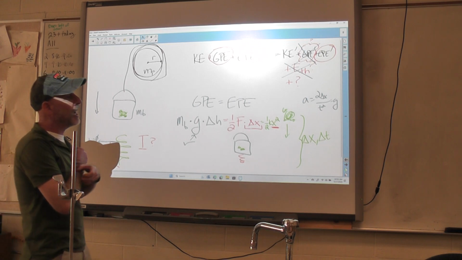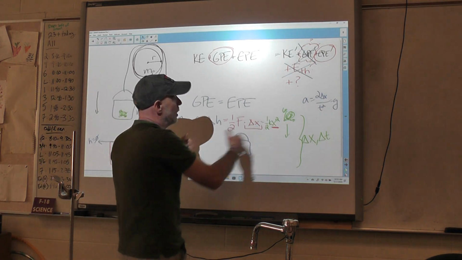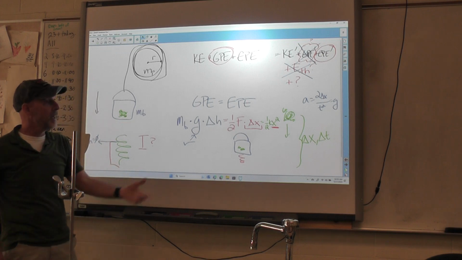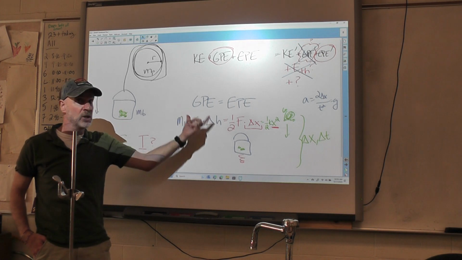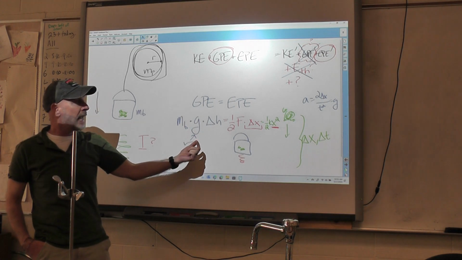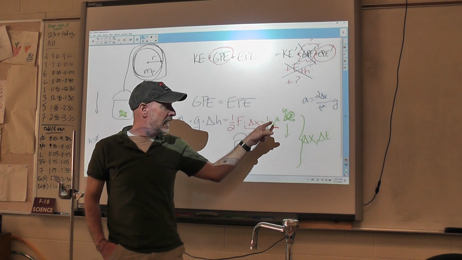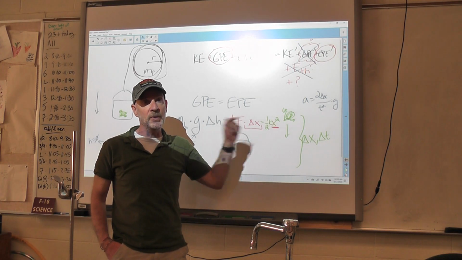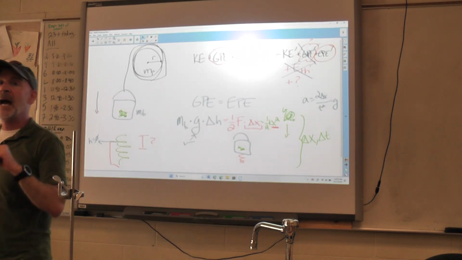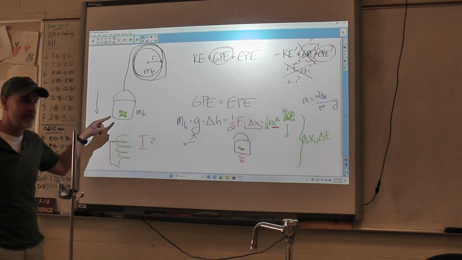And so now we've got something that's really, really close, right? We've got the gravitational potential energy, which now we know we can figure out something about, and we're looking for elastic potential energy at the end to be the same, and we know we can find K, so all we need to do is find X, but now we're back looking at that conundrum of, but wait a second,